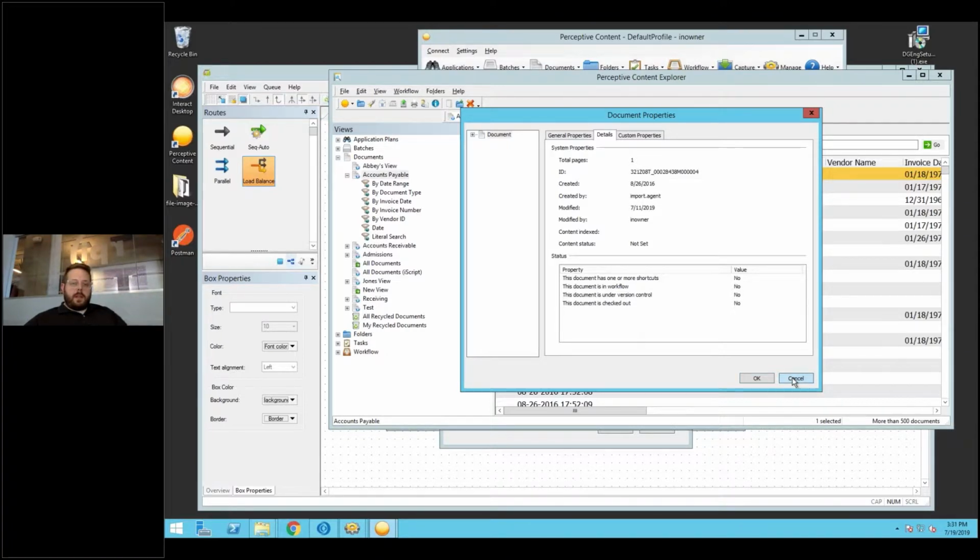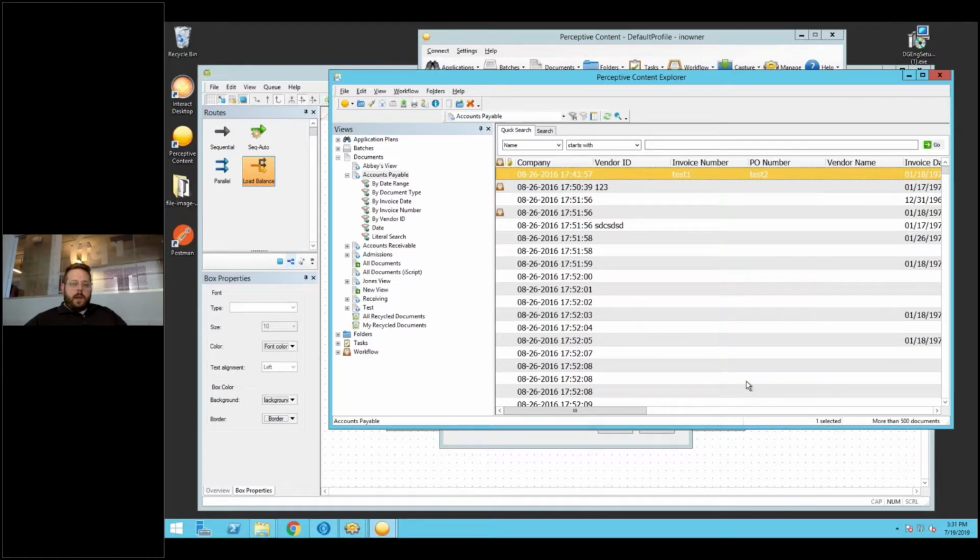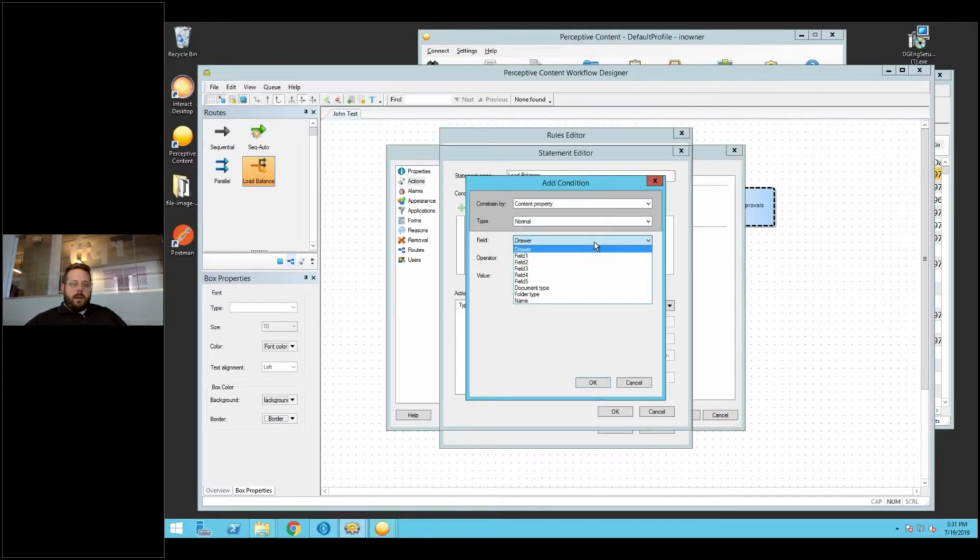So I'm going to create a condition where I look at the content property name ends with. Again, I have 36 possibilities, the 26 letters of the alphabet and 10 numbers. I have 2 different queues. Since I have 36 possibilities, I'm going to divide those roughly in half. I'm going to say if this ends with